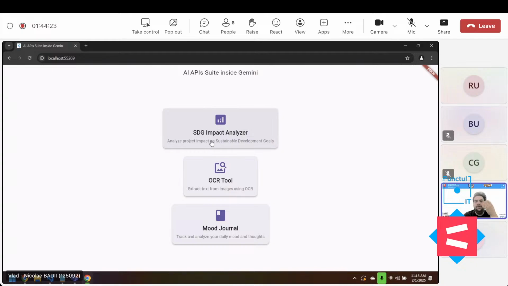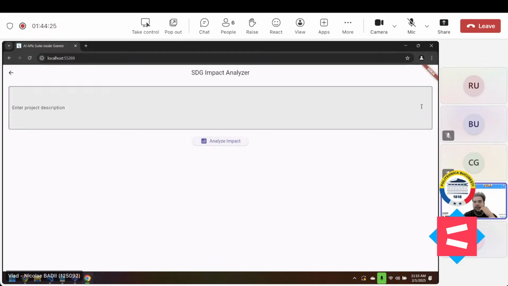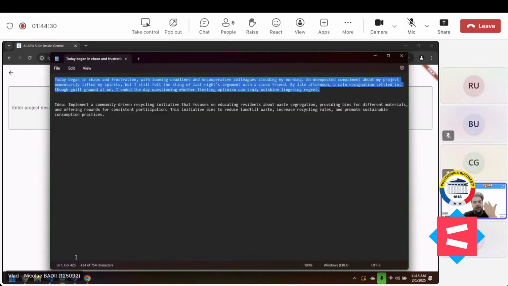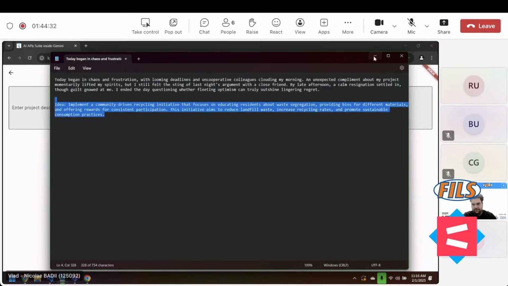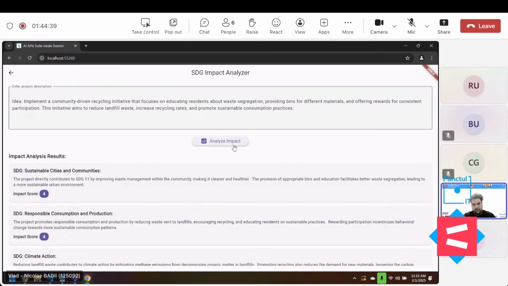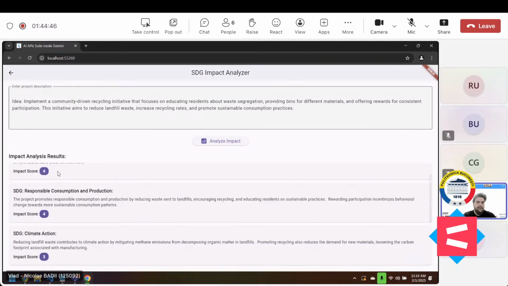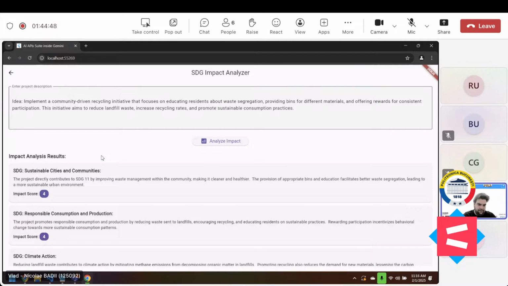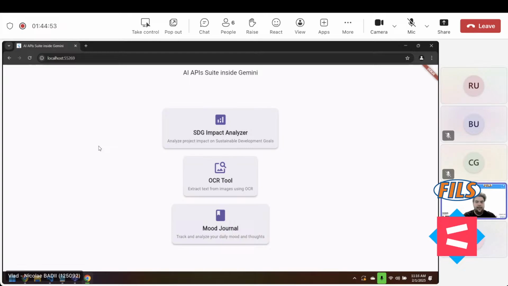Or also, let's just say you have an idea for SDG impact for the current hackathon team. Let's just say you have an idea. I just write it here. How great can it be? This is complex reasoning and inference. This was also a service that was included in the Gemini API. And you can have your little analyst that can score your idea. Okay, this is very great. Let's just go